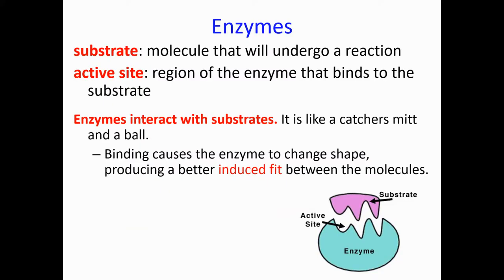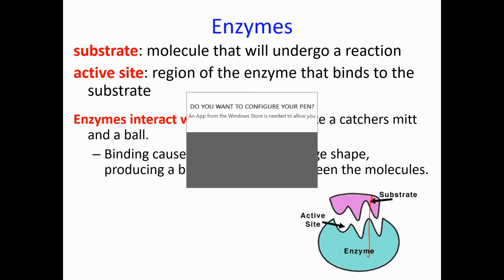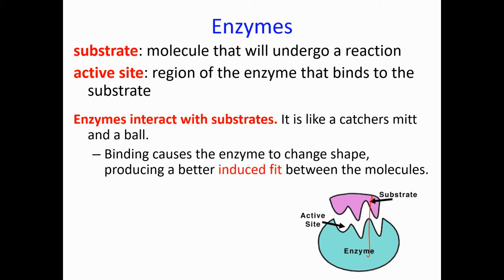So enzymes, right? Let's talk about how they work here. Okay, you have a substrate. Substrate is the thing you want to either break down or build up. Okay, it's the thing that will undergo the chemical reaction. It is going to bind to what we call the active site. The active site exists on the enzyme. See this picture, right? The active site is on the enzyme, right? The substrate binds to that active site, and then the chemical reaction